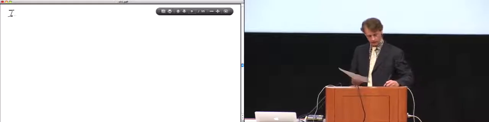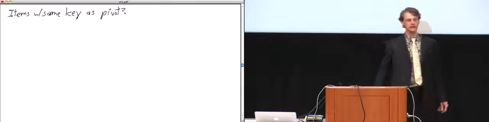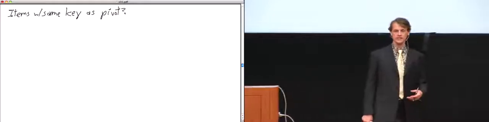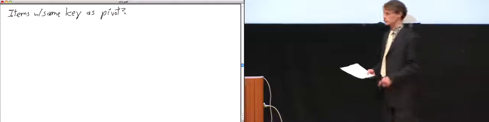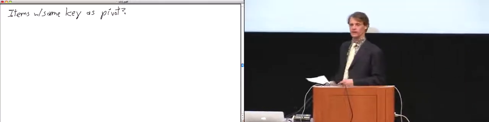So one thing I want to especially focus on as well is how do you handle items that have the same key as the pivot? It's really tricky to handle these right, and as I said, Goodrich and Tamassia have gotten it wrong in all 5 editions of their textbook. So, what are they doing wrong? Well, when they have 2 keys that are equal, they don't split them. So they don't manage to subdivide them evenly into 2 equally sized sets.